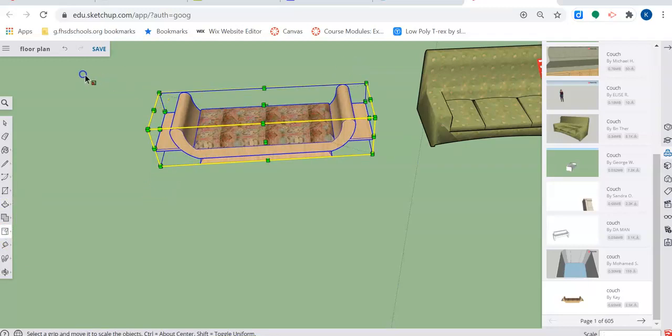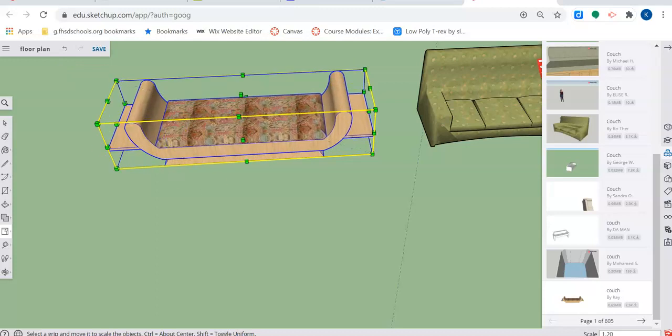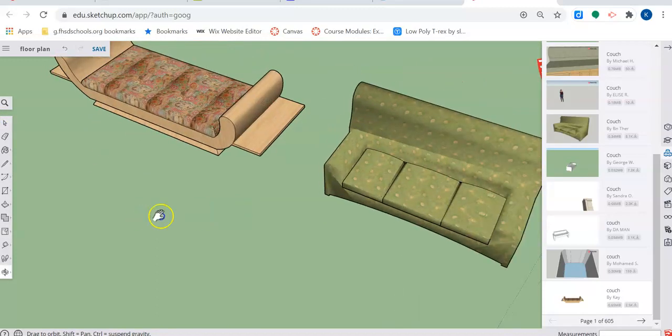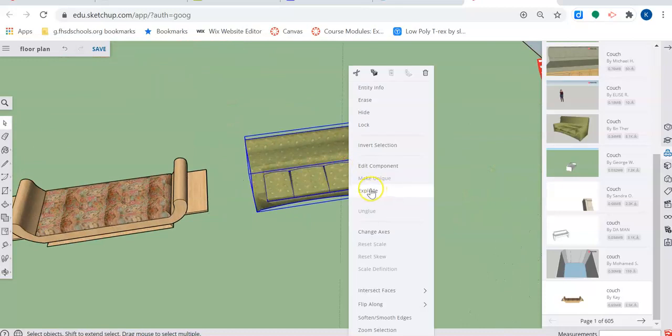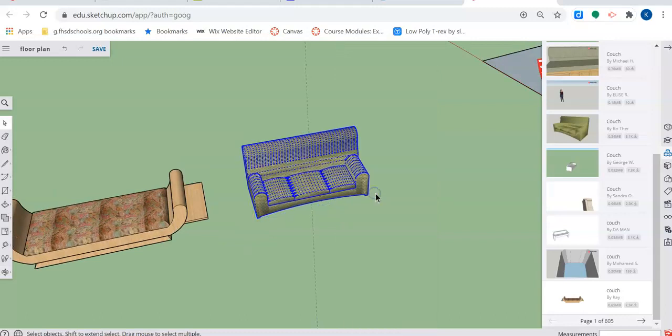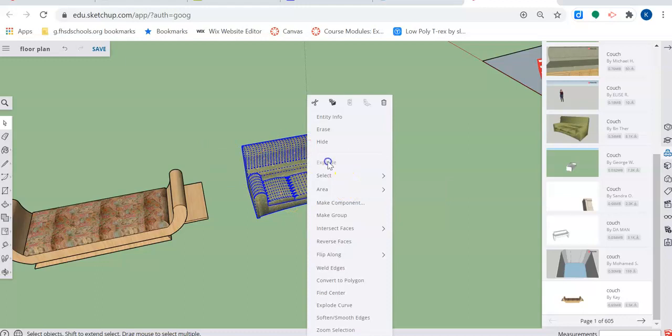Okay, so there's the other couch. All right, so what I'm going to do first, as I said, these are called components. I'm going to right click and click explode. What they do is they group all the pieces together. I click explode and it starts breaking it into pieces. Right click, explode. When you cannot click that anymore, it is broken down